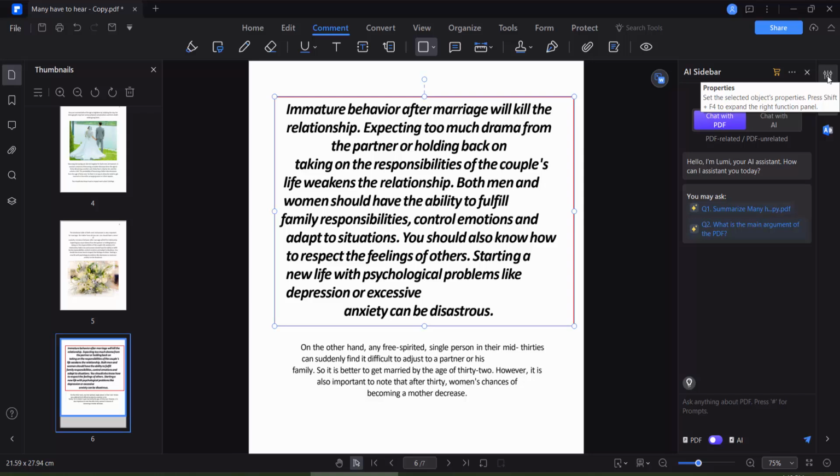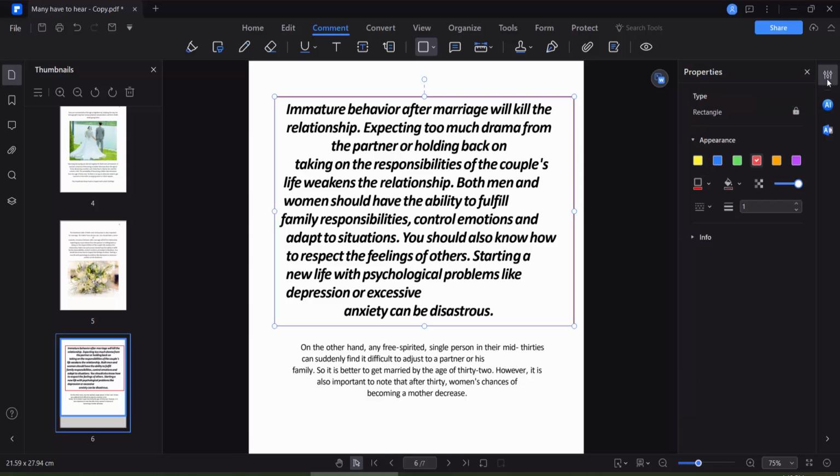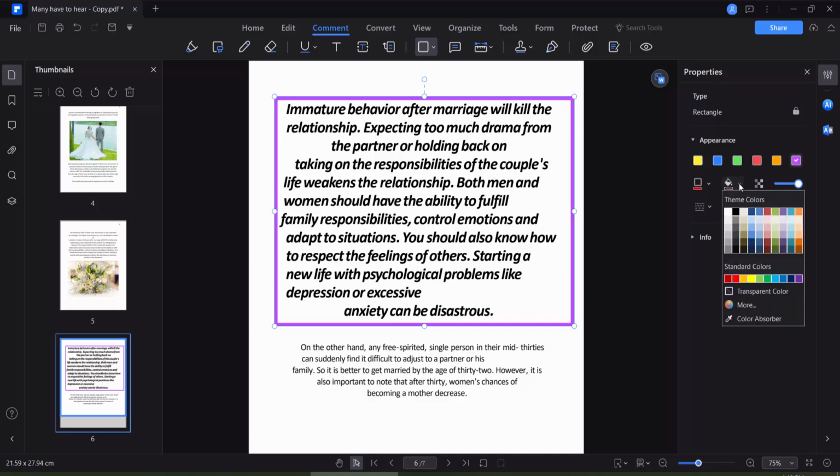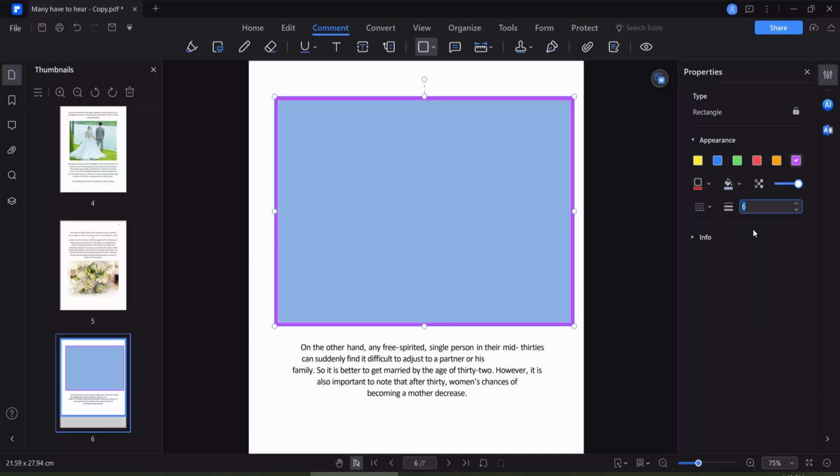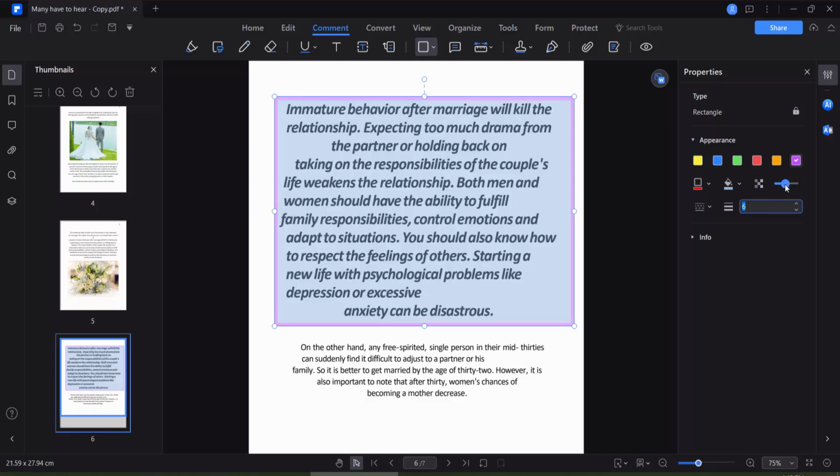On the right side, at the top corner, you will find this properties option. You can increase this shape border thickness. Also you can change this shape color, and this is fill color. You can add this fill color and see this. Also you can make this transparent and see this,